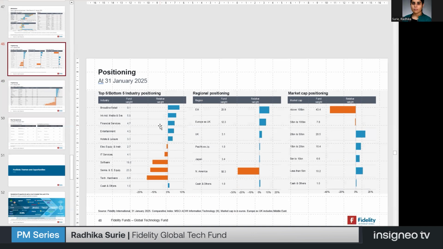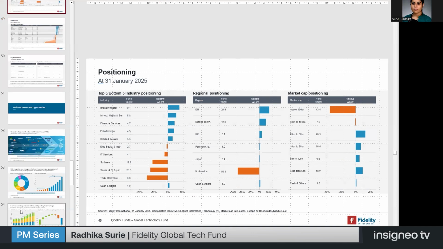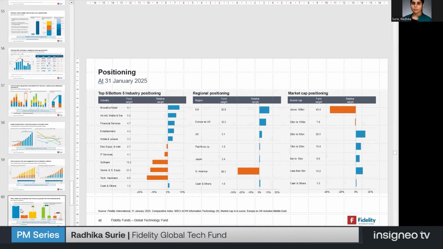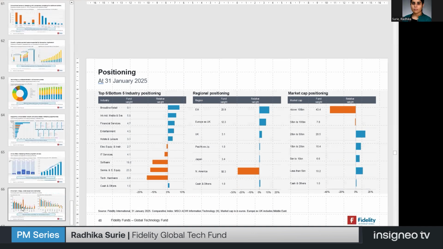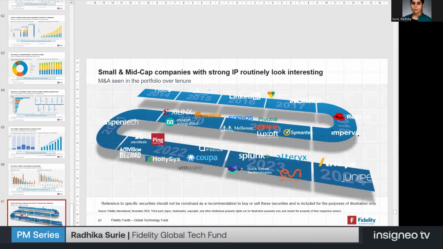And this is because these companies are generally less well covered. They allow you to have more of an active view. Very often, they allow you to find companies on a global basis, which might be ignored by other analysts. And if you choose the right company and there is good intellectual property in the business, that can make for quite a good investment, because there can be cases where they are taken out.